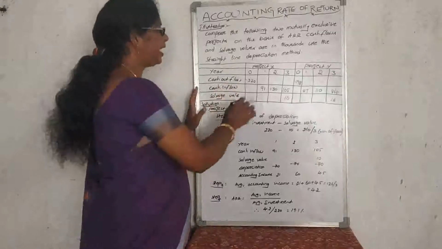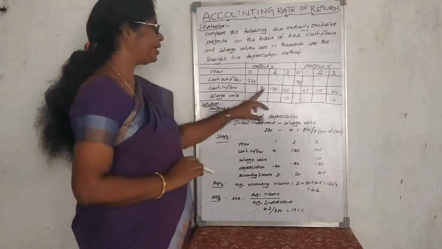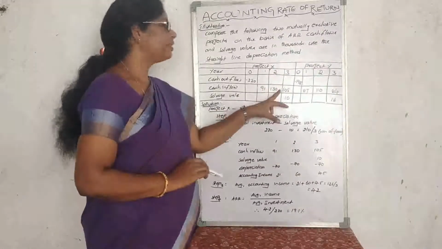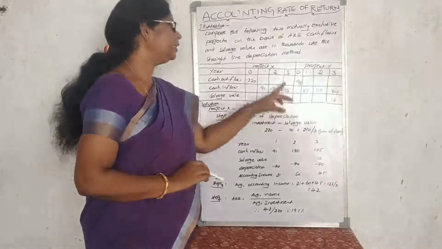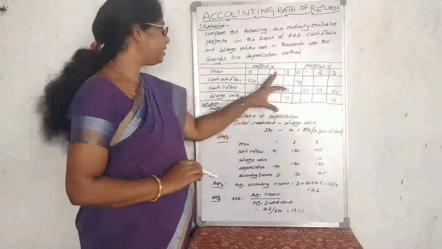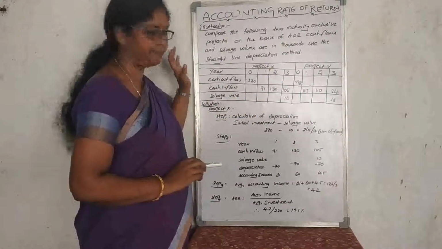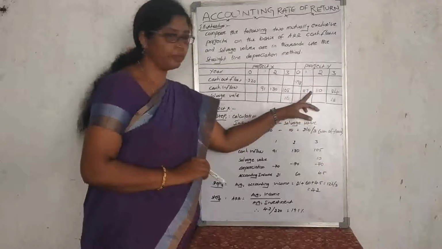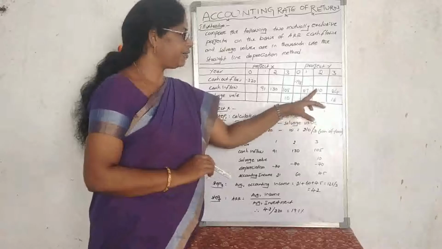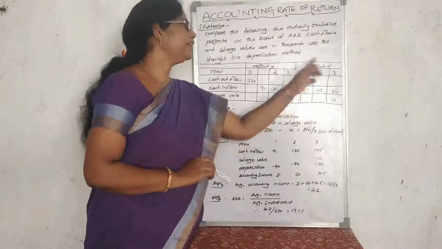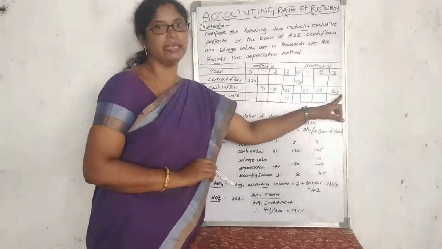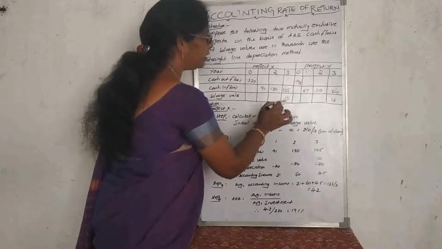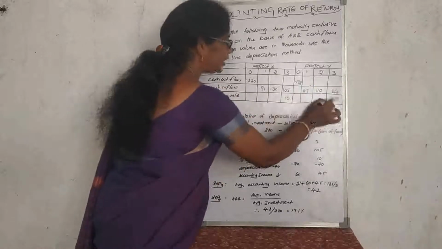Cash inflows at the end of the first year, the value will be 91,000. At the end of the second year, 1,30,000. End of the third year, 1,05,000. This is the information for project X. Coming to project Y, at the end of the first year 87,000 rupees will be received, at the end of the second year 1,10,000 rupees, and at the end of the third year 84,000 rupees. And the salvage value in the last year will be 10,000 and here 18,000.